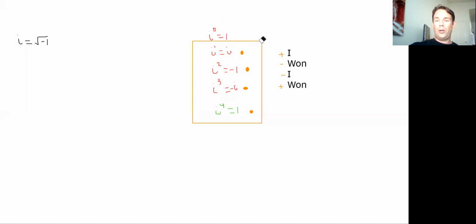So we talked briefly about this pattern here of these four i's. And then the other thing that we got into a little bit, we didn't play much with, but we said, hey, these i's kind of go on forever. So i to the fourth turned out to be equal to i to the 0, and that equaled 1. We said i to the fifth was like i to the first,